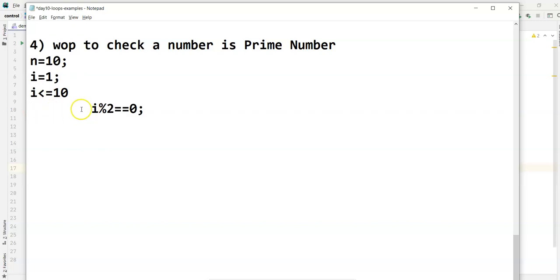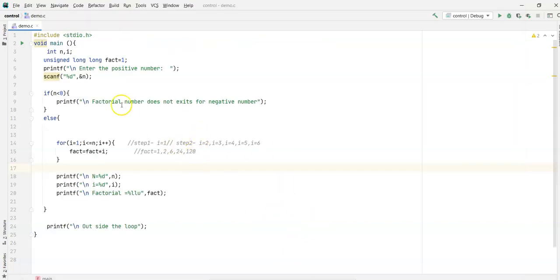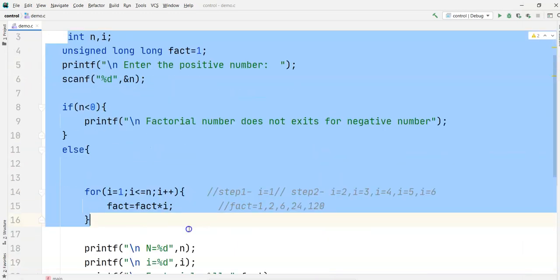That means you are checking every number, all 10 numbers, whether each is divisible by 2 or not. Instead of that, I will check n divided by 2, i less than n divided by 2, like this. We'll see in the program how it goes, okay? Then you'll get a picture.